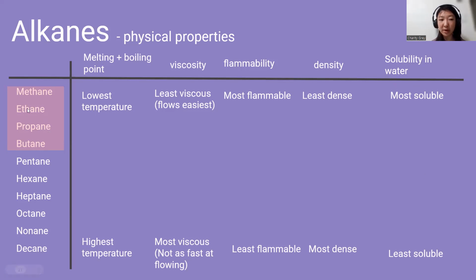However, in comparison, methane compared to decane, methane is smaller, so it will fight water less. So it'll be easier to be soluble, but overall, alkanes are not soluble in water. So this is just in comparison. So make sure that this one, it's really special. Alkanes are really not soluble in water, but just in case they ask you the difference between methane solubility in water versus decane solubility in water,